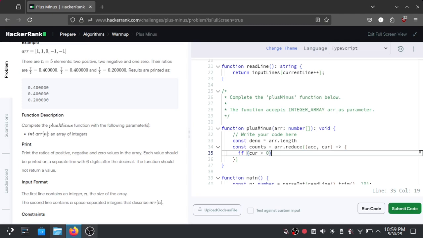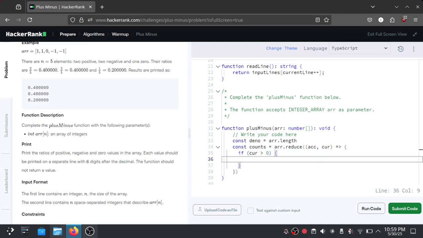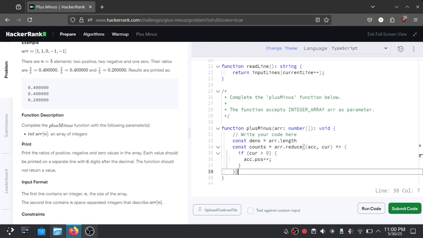Then we are using the accumulator as the temporary variable, and we are passing the positive number as the property and increasing it by 1.